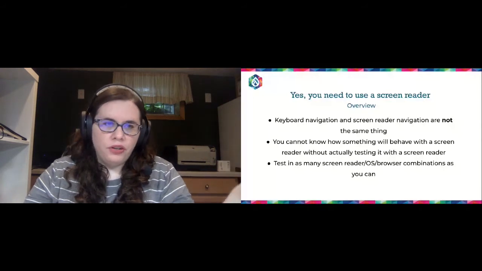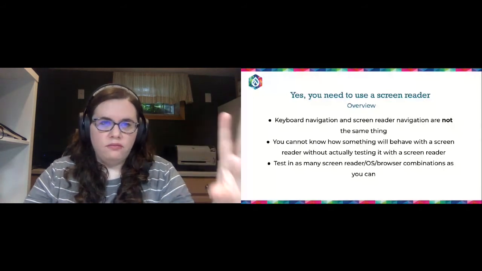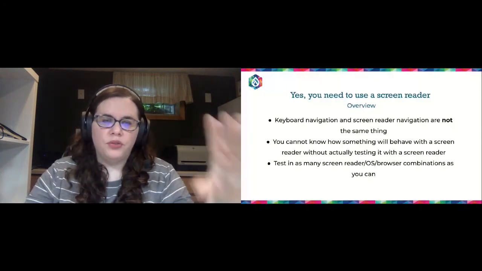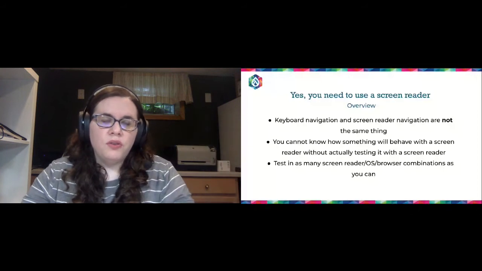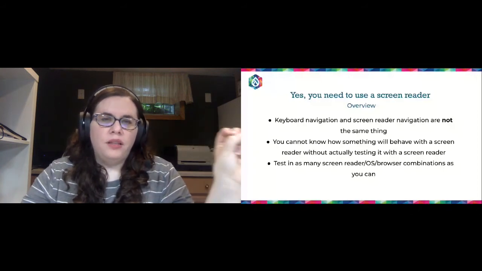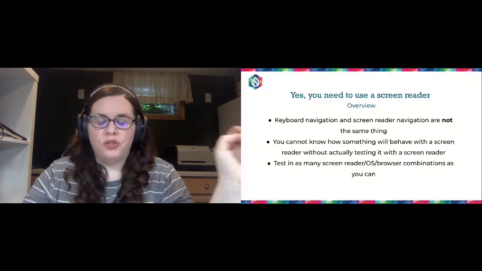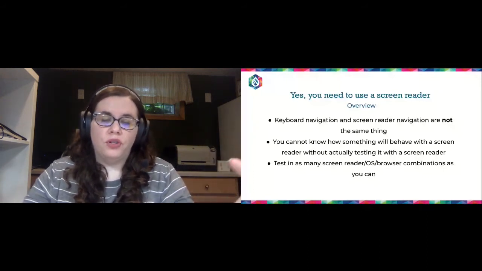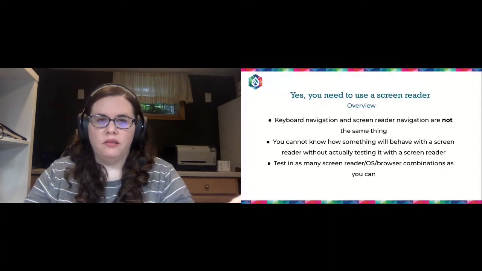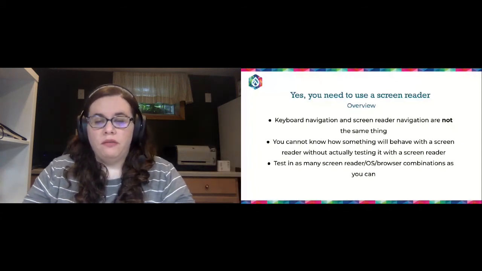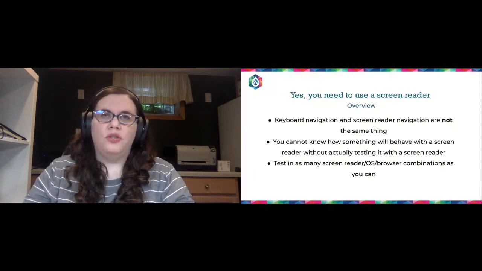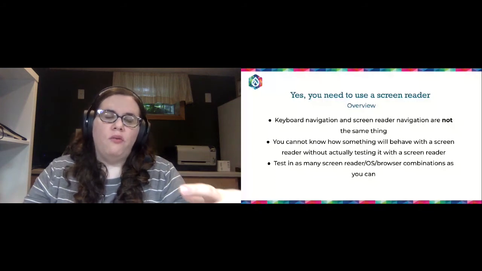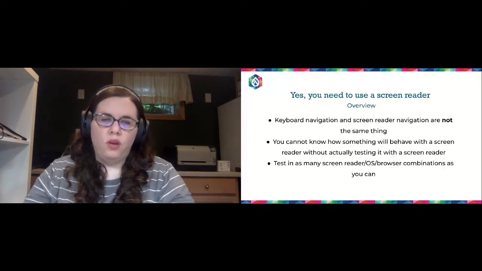So in terms of screen readers, there is a list here, and these slides will be available at the link. I will have these resources also at the end. I would highly recommend looking at the WebAIM Screen Reader Survey, which is in the resources at the end. It's an annual survey by WebAIM, which is a really well-respected accessibility organization. They ask about screen reader usage: who's using it, which ones, what browsers. And so it gives a breakdown of which screen readers are the most used in which browsers.